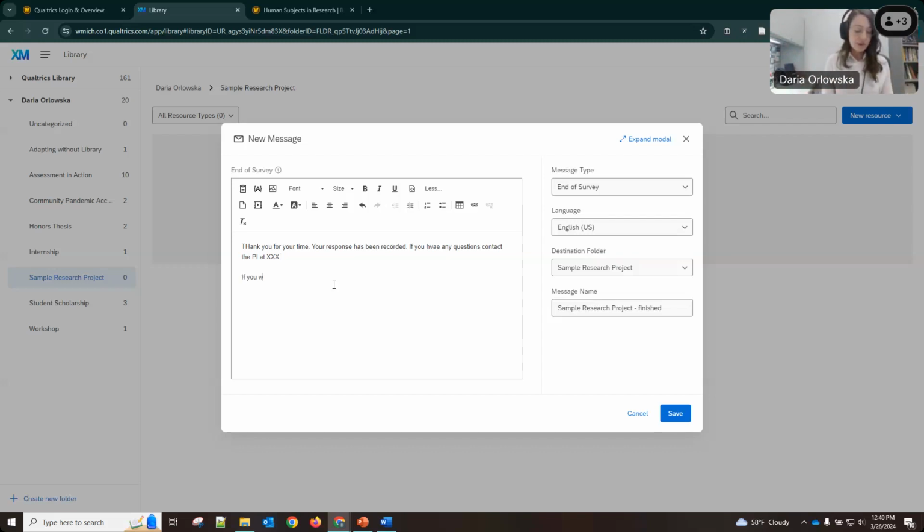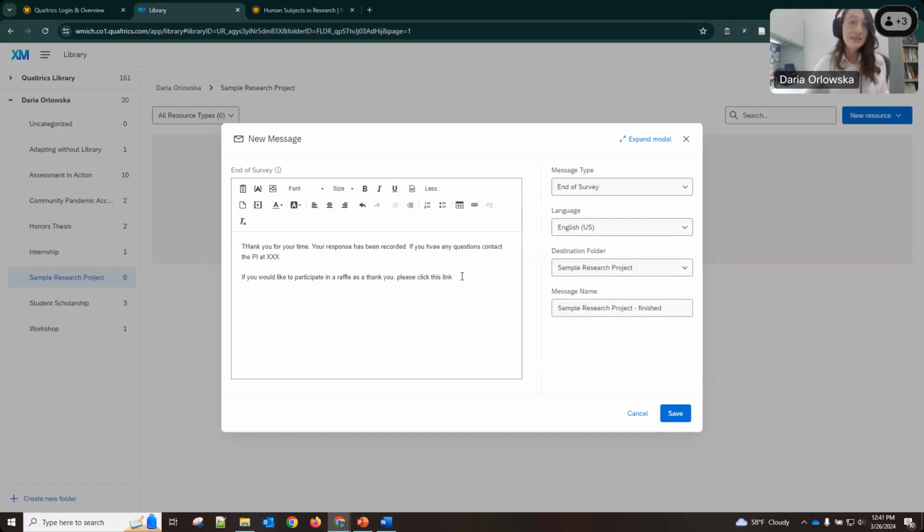If you would like to participate in a raffle as a thank you or as an incentive, whatever, please click this link. There is a link button right here. You will have to create that second survey first before you can link it.